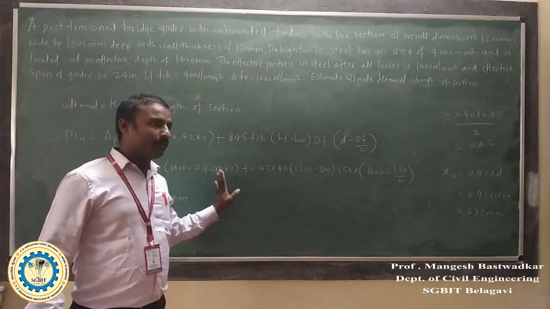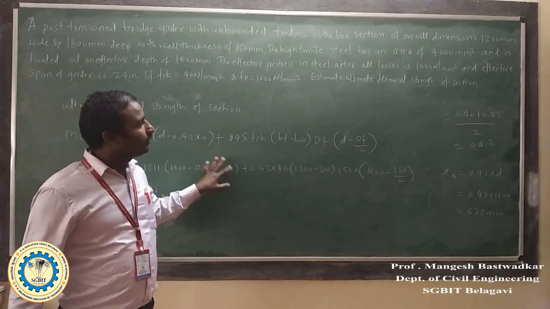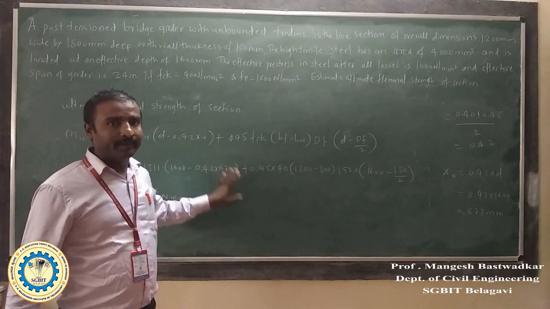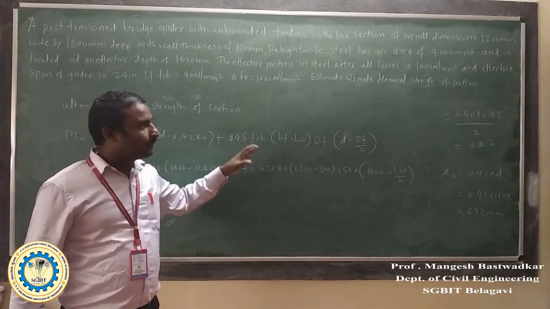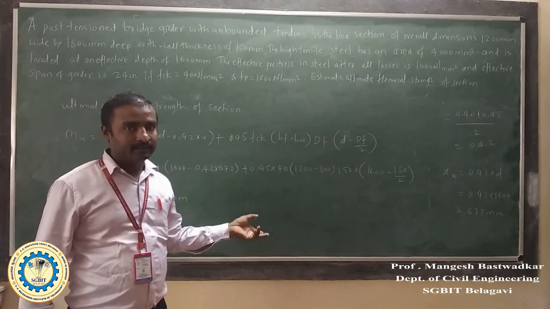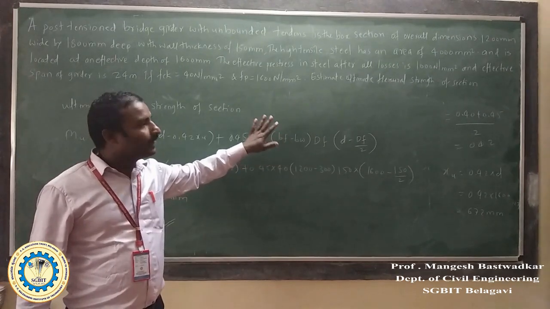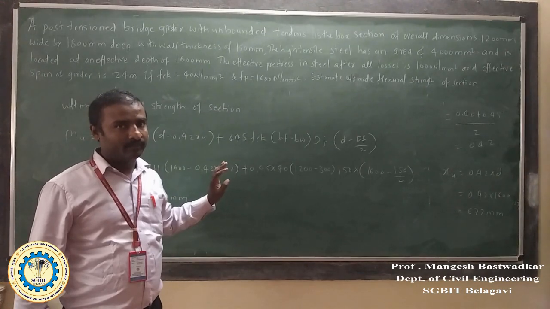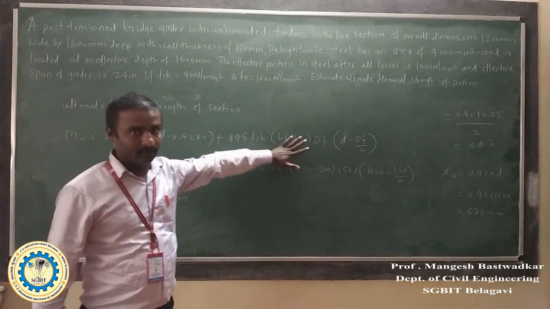So three types of problems I have solved today. So you come to know the different types of problems that may be asked on the flanged portion. The problem also may be asked on I sections or double T sections. Similarly, you should solve problems on finding the flexural strength of flanged sections, as we have solved on the box girder section.